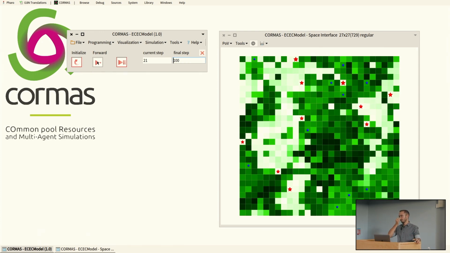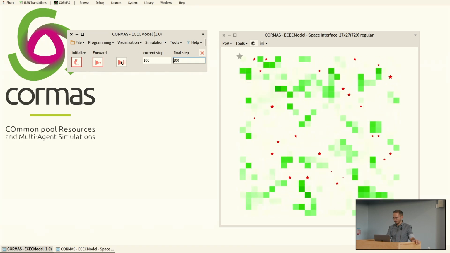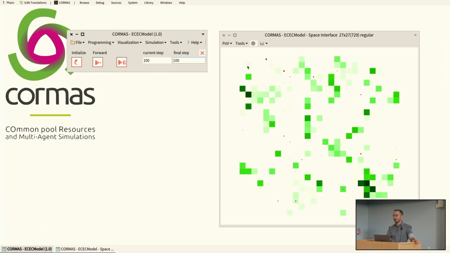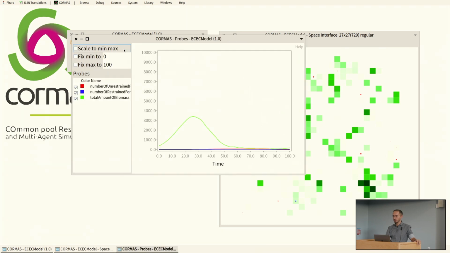Now, what do you think will happen when we run it 100 times? Which population will be in a better position? So, red, okay. Yeah, it makes sense because red eat more, so they survive. So I play it. Yes, and you see all the red dominated, and then there became very few of them. So if you can click on top on the visualization here in CORMAS, and you click on probes,